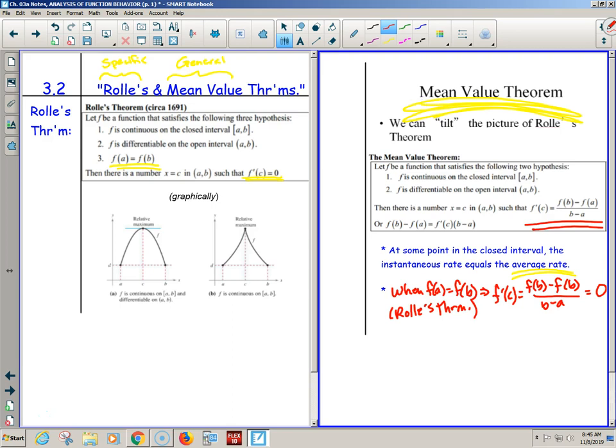So instead of writing out two completely separate forever cards, we're going to make it one, and we're going to say, you know what, that one is this one with one extra little piece, and the extra little piece says F of a equals F of b. And if that's true, then plugging into the average rate formula, instead of F of b minus F of a, it'll be F of b minus F of b. That's 0.